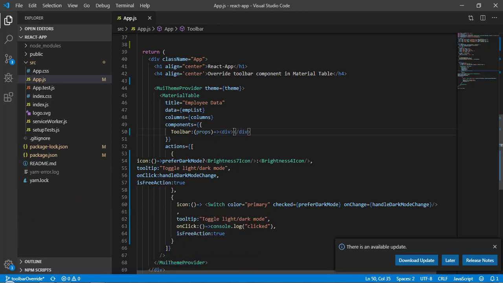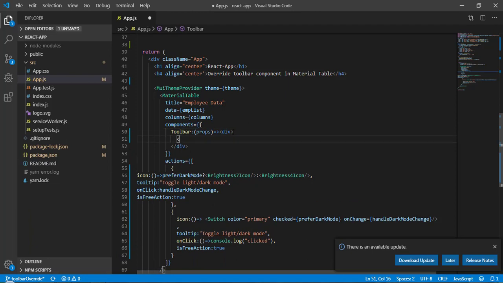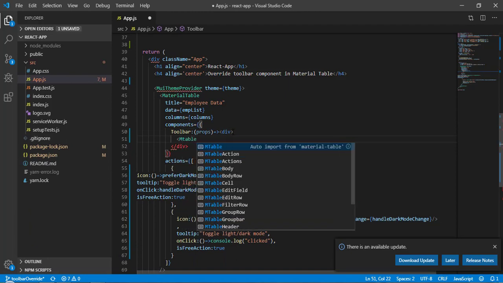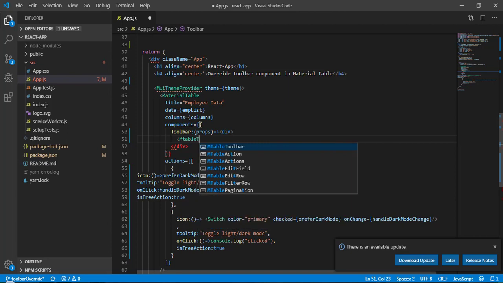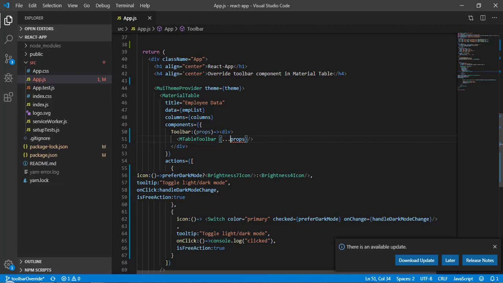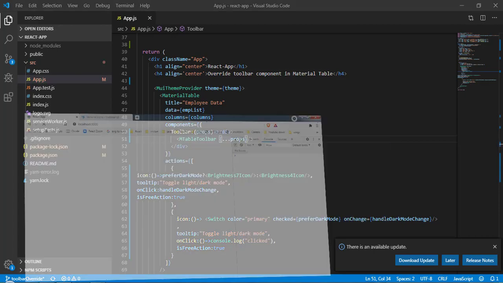Whatever props we are getting here, we need to pass to this component. So I will call it props, and let's spread this one. Now save it and let's come back to the browser.